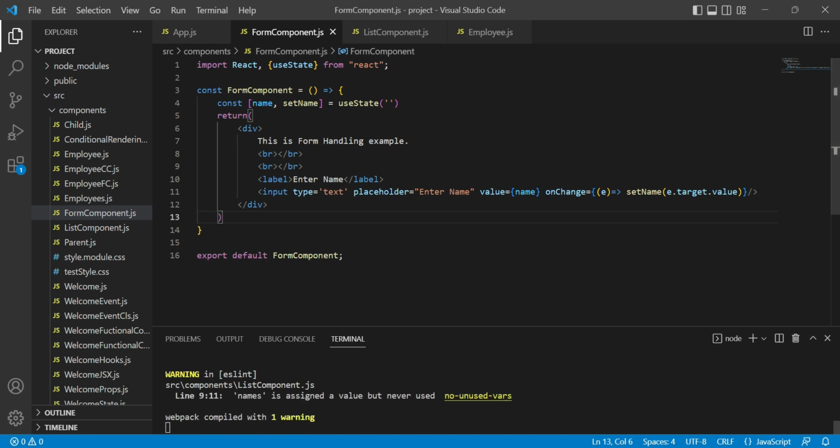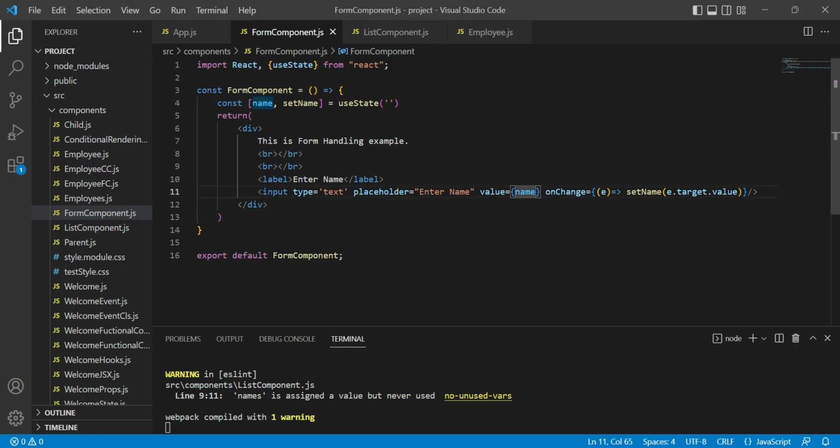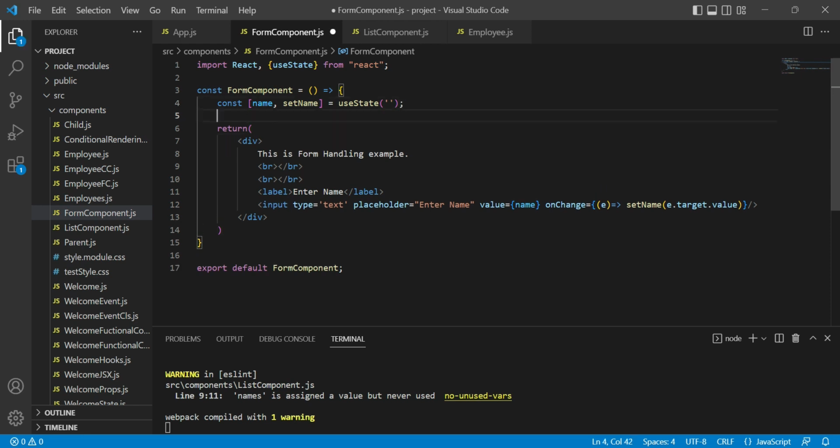Now save, go back to browser. If I try to type anything, it is allowing me to enter. So now the value and the onChange event, each and everything is managed by React. So now that is the controlled component. All right. So let's add another element,